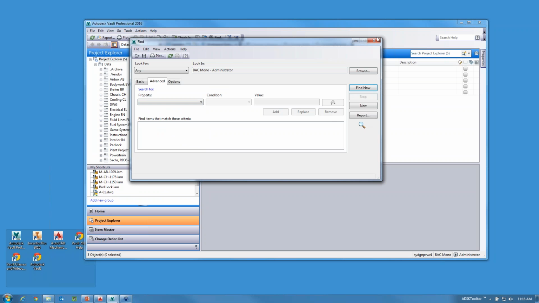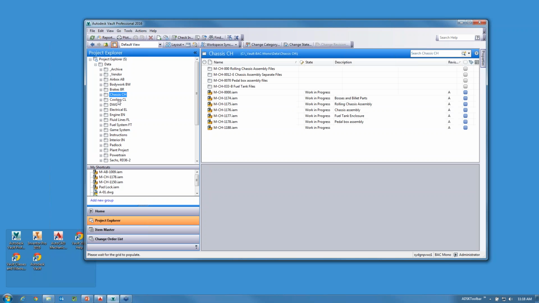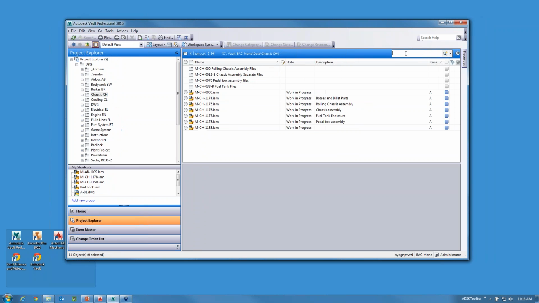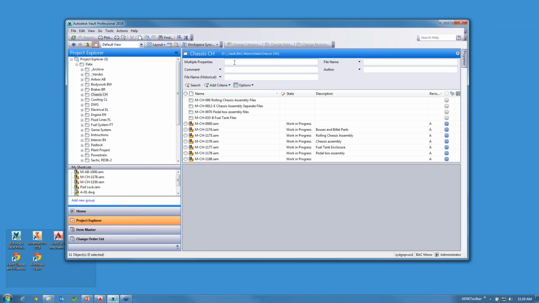But if I was to quickly go in and say, I want to look at a chassis, you'll see up here, you've got a really quick search window. You can basically type in last searches. It'll remember things that you've done before. You can extend these search capabilities. Instead of just one character searches or wildcard searches, you can start building out and adding criteria. And ultimately, you have the power then to save those if they're common